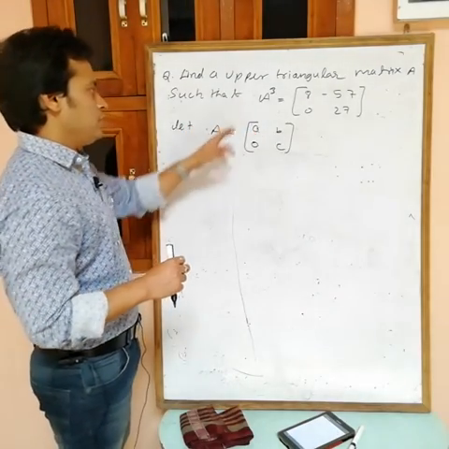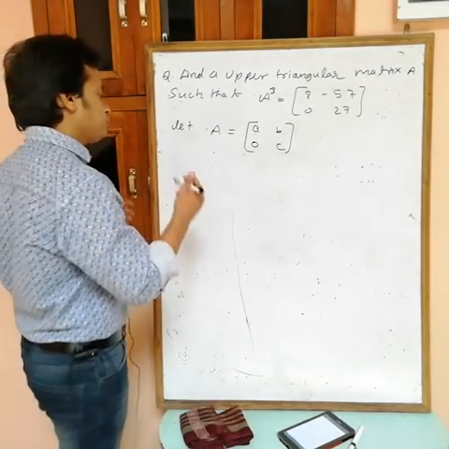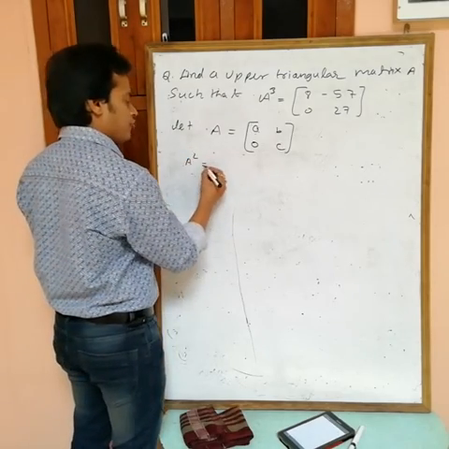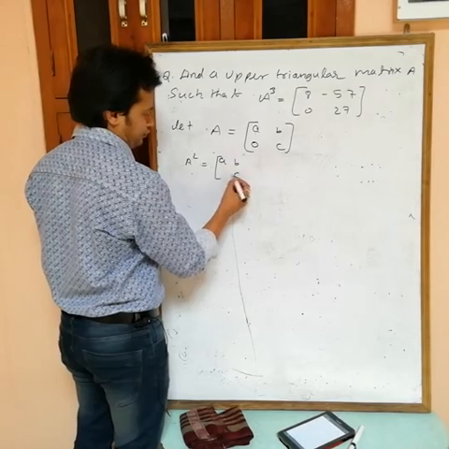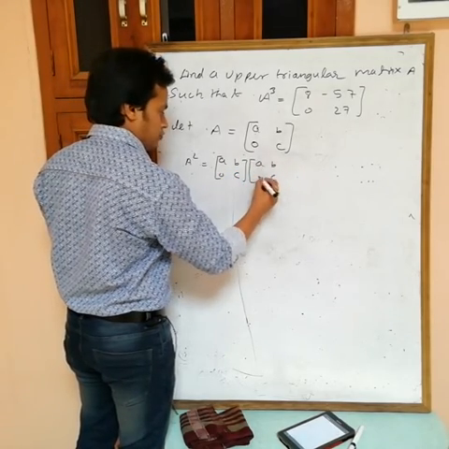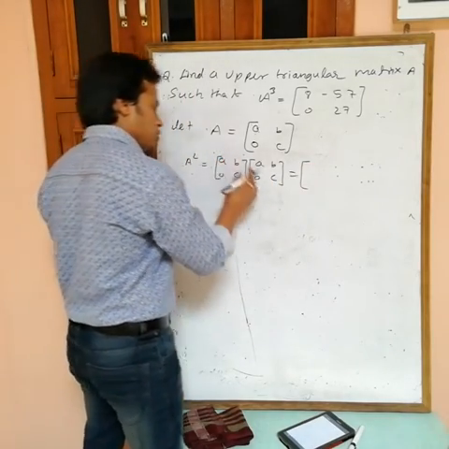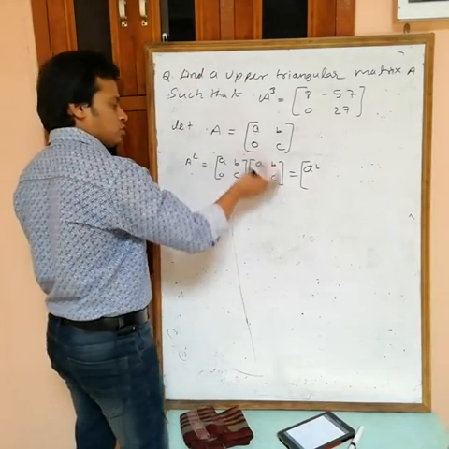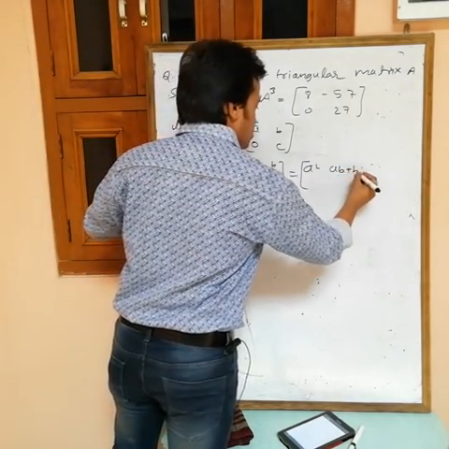Now we want the value of this matrix A, it means we want the values of a, b, c. To get a, b, c, it is given that A cube is equal to this one. So find A cube in terms of a, b, c. Now directly we can't find A cube, first I am finding A square. A square is A into A, [[a, b], [0, c]] times [[a, b], [0, c]]. If you multiply, P11, first row, first column, a square; P12, first row, second column, ab plus bc.